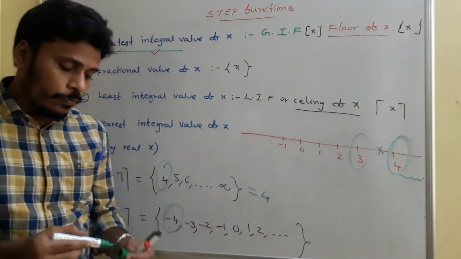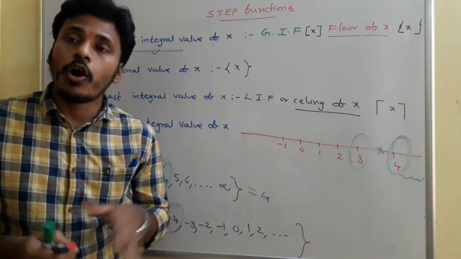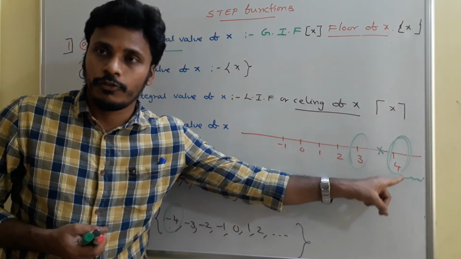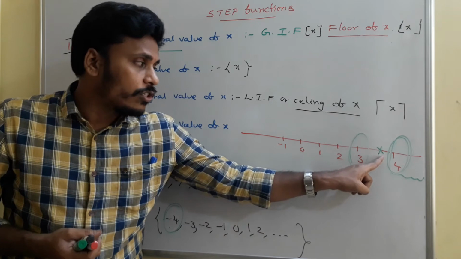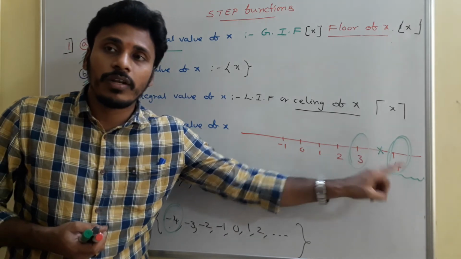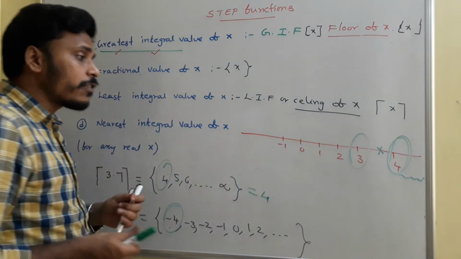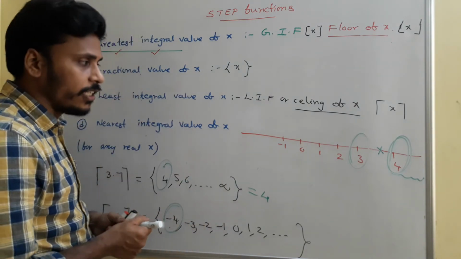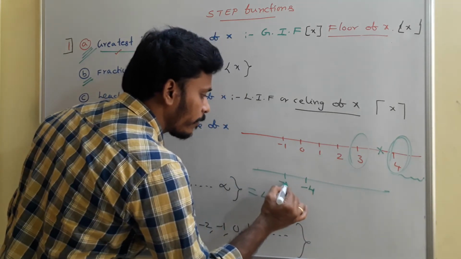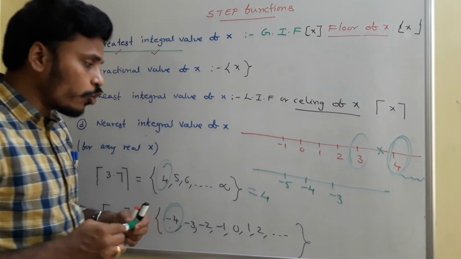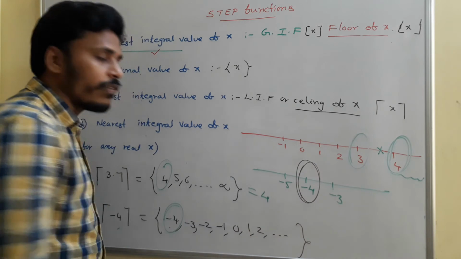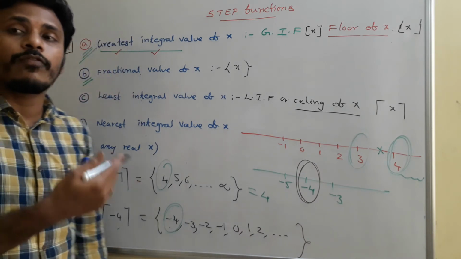So as I mentioned you, if you have a real number on the number line, that number is just in between two integers like 3 and 4. Among those two integers, which is left side of the given number is called as the floor, and which is the right side of the given number is called as the ceiling. Whereas if our number x itself is the integer, just like -4, then for those integers the number itself is the floor, the number itself is the ceiling, so the step value itself is -4.